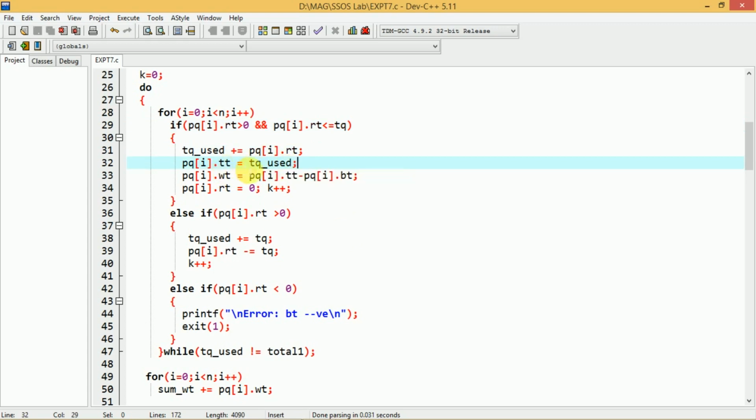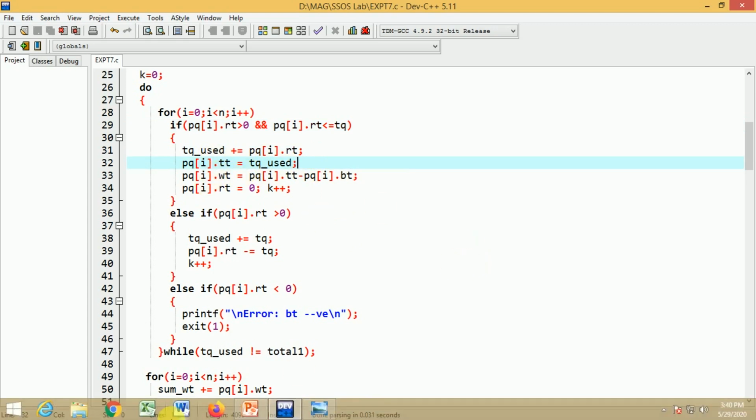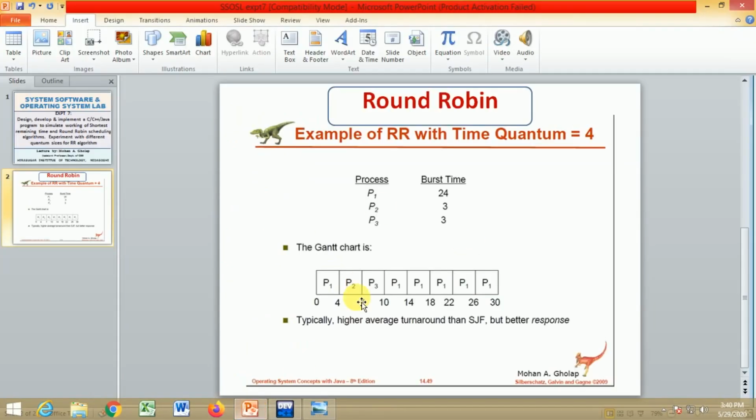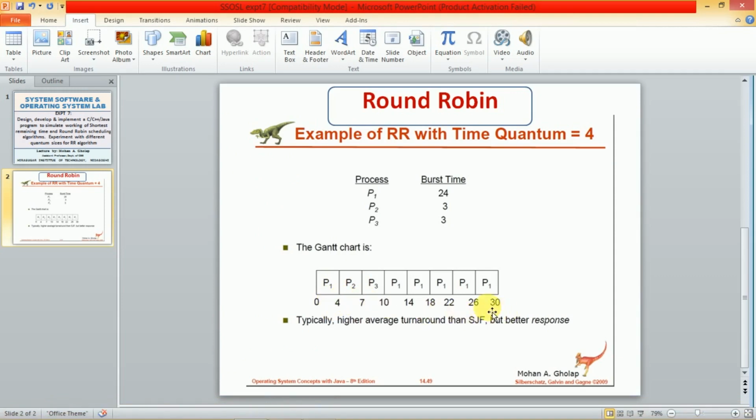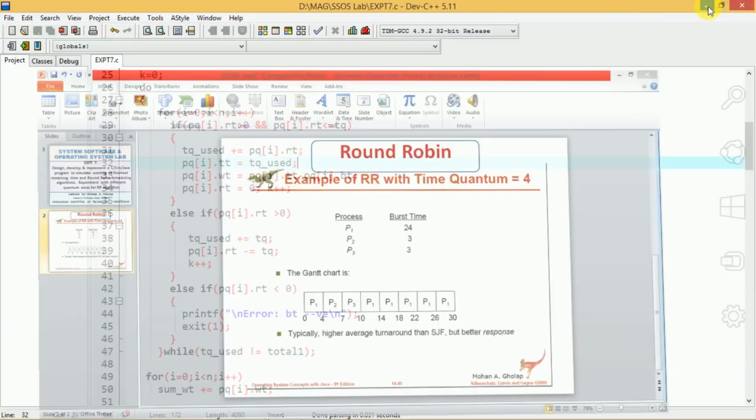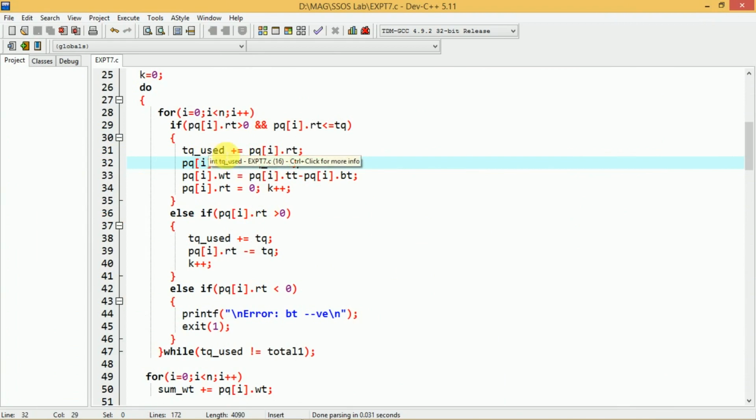So PQ of I dot TT equals TQ underscore used, because the turnaround time indicates the ending time of every process. Whatever the TQ used value is, that itself is the turnaround time, recorded in the data member TT of process PQ of I.